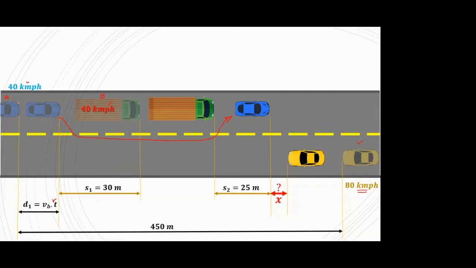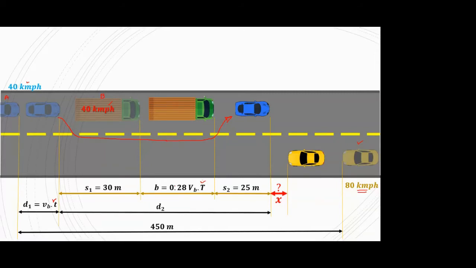Now if you break it down like this, it's pretty much simple. They have already given the S values, S1 and S2. Now what we have to do is find out that b value, small b, that is the distance which will be traveled by this slow moving vehicle or slow moving truck in the overtaking time t. So we will also be required to find out the overtaking time t.